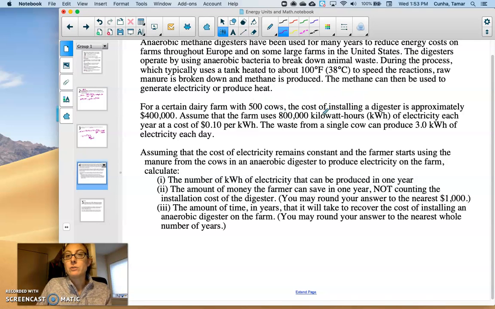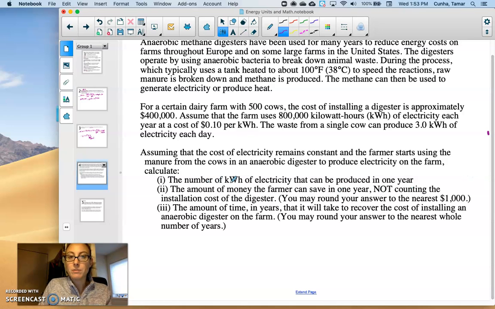This farm has 500 cows. We've got a digester that costs a certain amount. We know how much electricity is being used per year and how much that electricity costs. And then we can also learn about how much electricity can come from the waste of a single cow. So if we take a look at this,